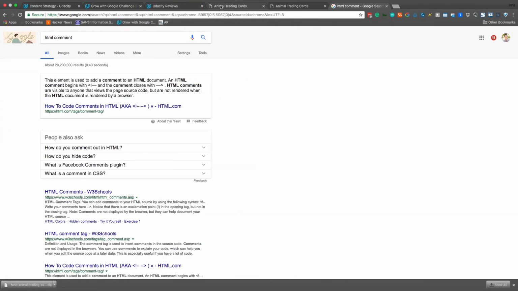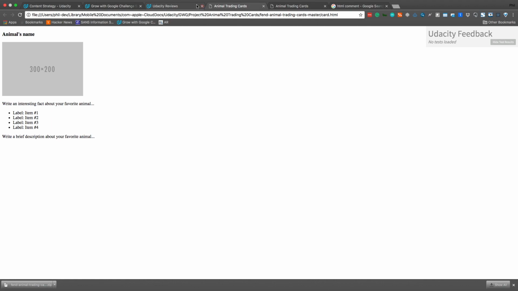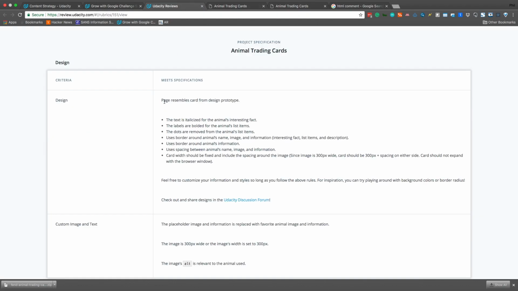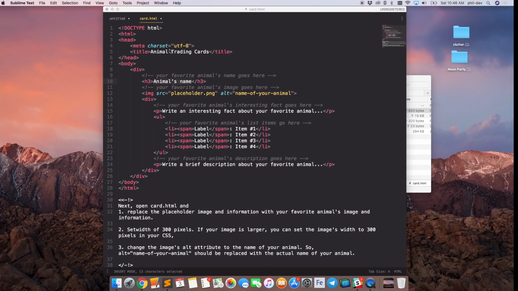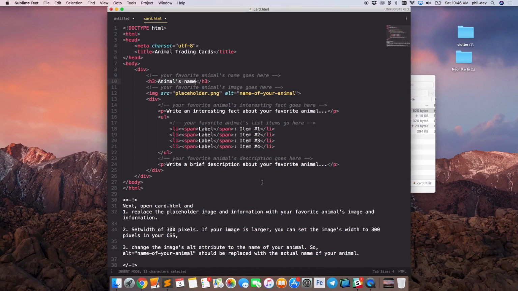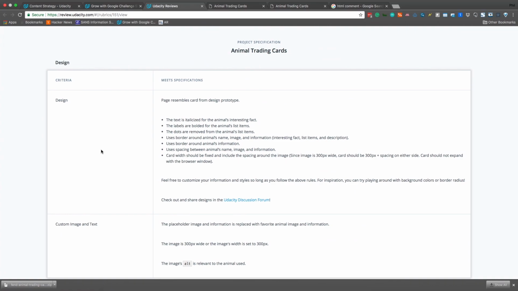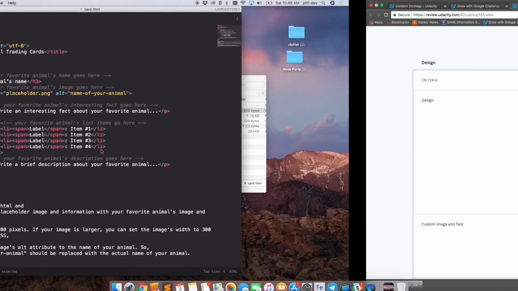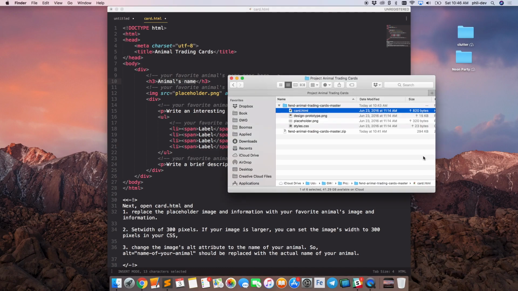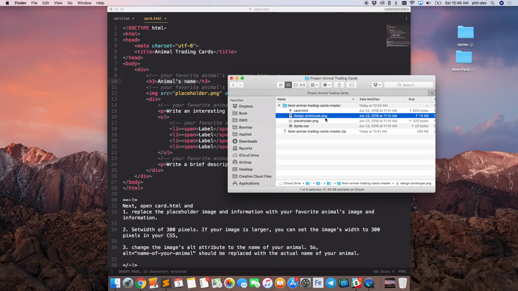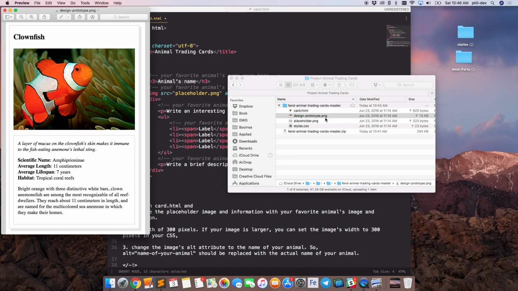Let's look at the project rubric right here. All right. Page resembles card from the design prototype. All right, so where is that design prototype? Is it in here? Let's take a look. Oh, here. Nice. Clownfish. It is Nemo. All right, so what should,